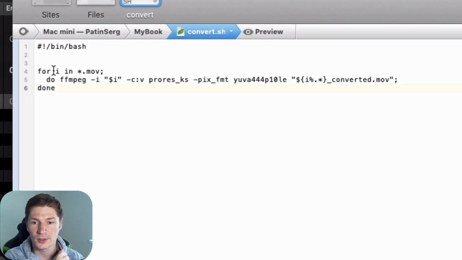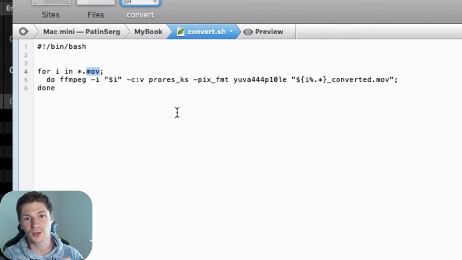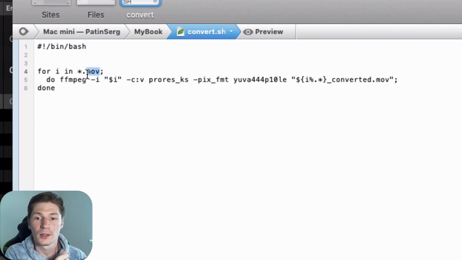And as you can see, the code says that for all movie files in that folder